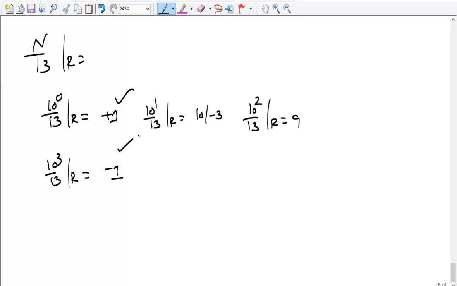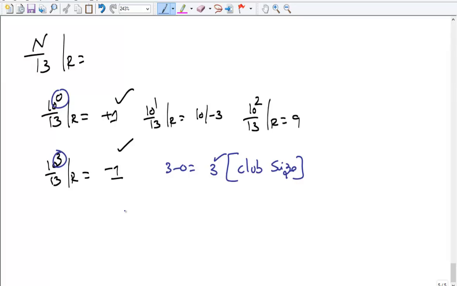Now, plus 1 and minus 1. We have got 1 and 1. And the difference between the powers is 3 and 0. That is 3 minus 0. Now it is 3. This is the club size. Now what we need to do is, we need to divide the number into clubs of 3 3 starting from